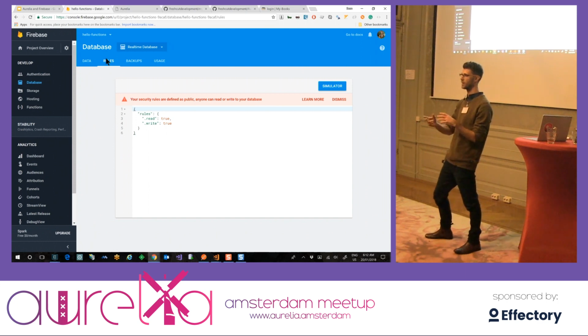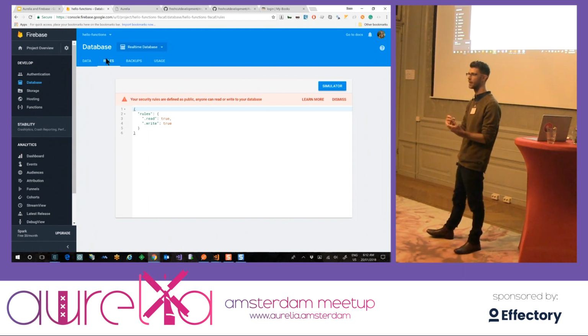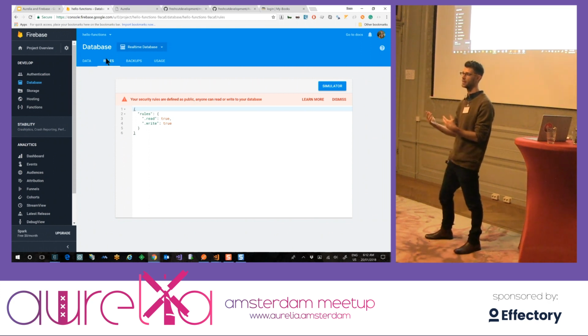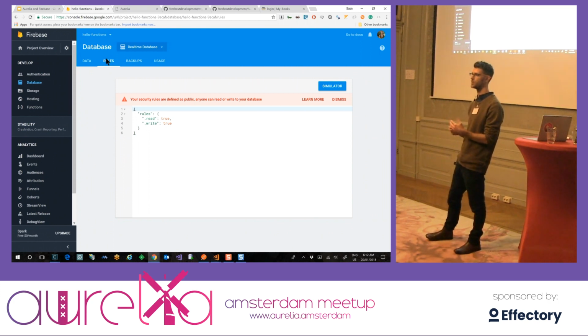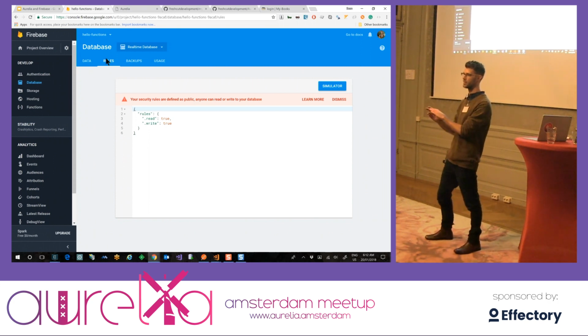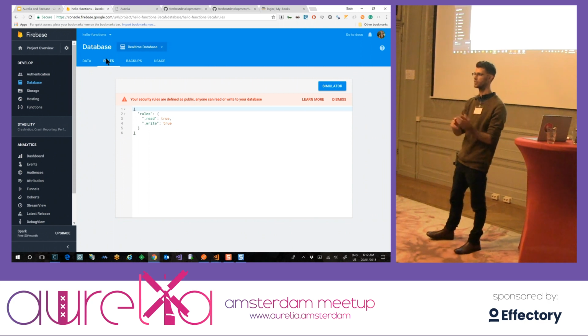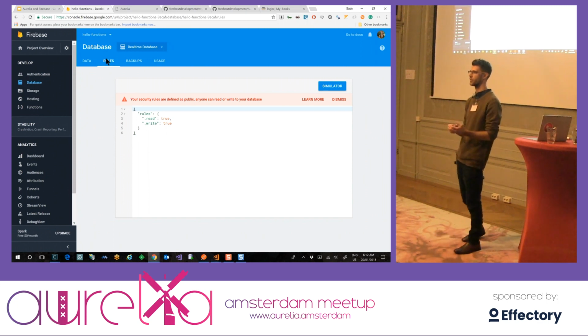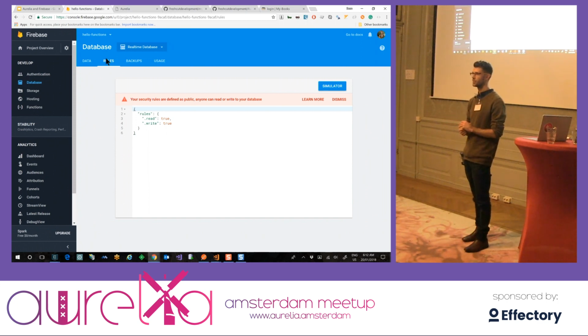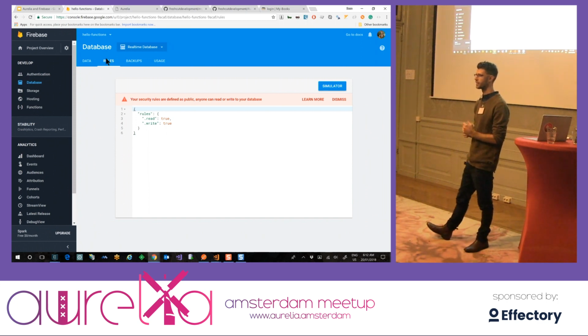So you'll do it based on some kind of rule or something like that. And then you could also develop a UI for assigning claims. But that UI, you'd have to develop separately. There's nothing that Firebase gives you out of the box to do claims management and things like that. It gives you all the building blocks, but it doesn't give you a pre-built thing to just go and work with. And you have to make sure that you're going to use the same identity from that point